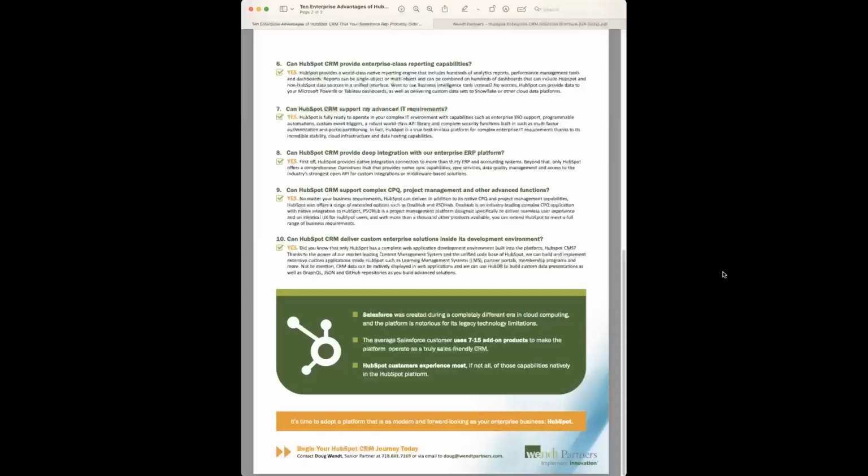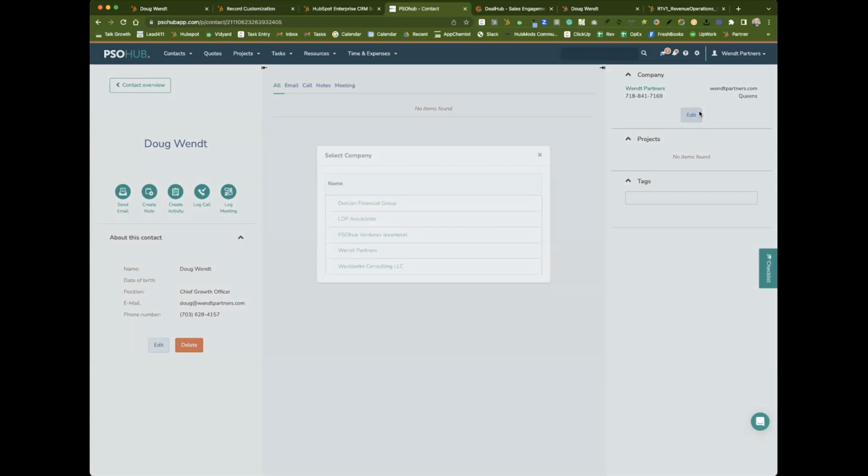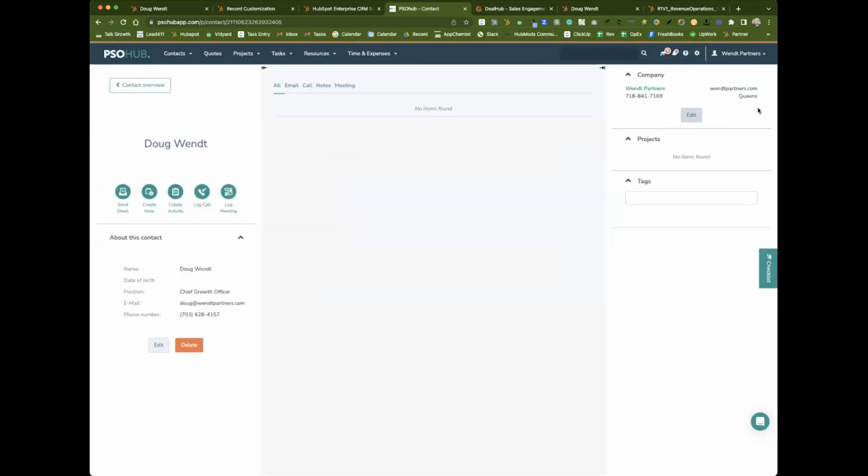And so if you are going to use the connection, especially Deal Hub, PSO Hub, you get a great experience with PSO Hub. It's like going over into HubSpot. The user interface is exactly the same. It functions very similarly.